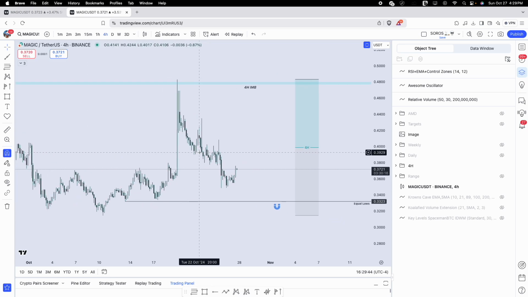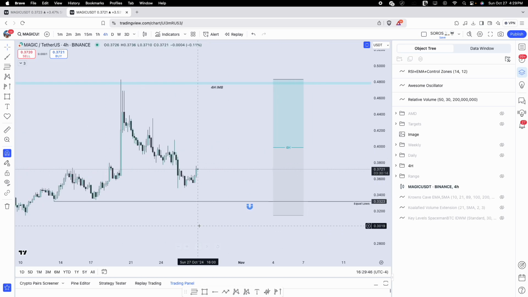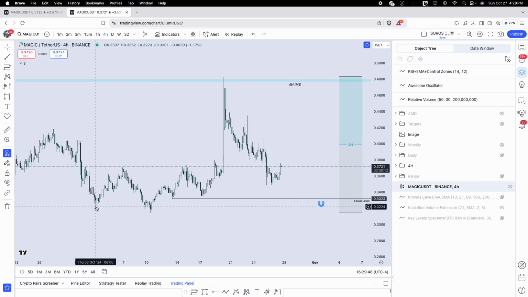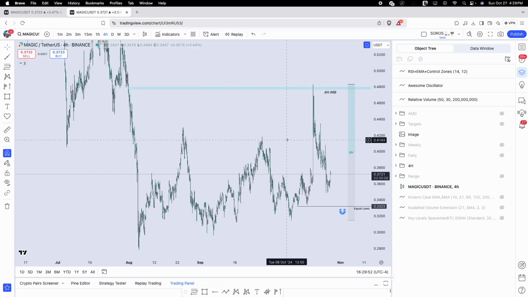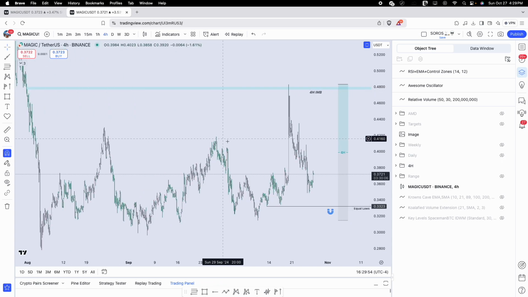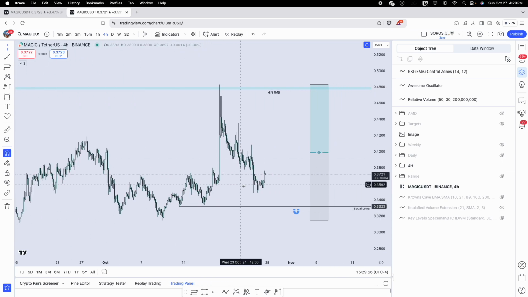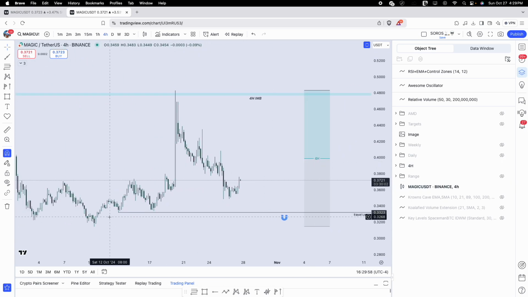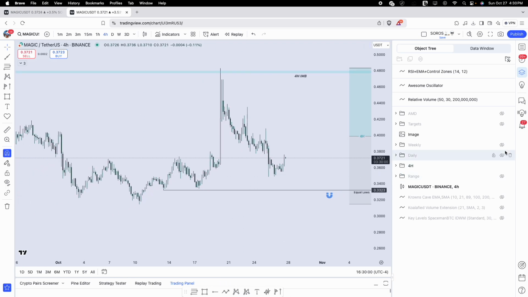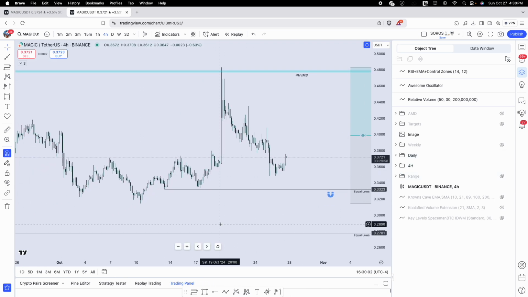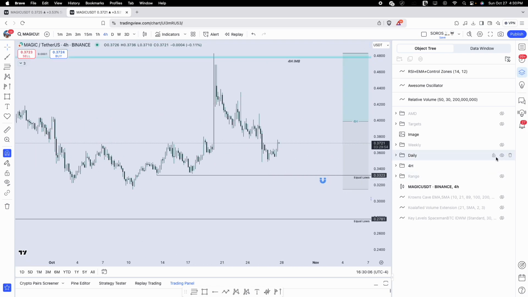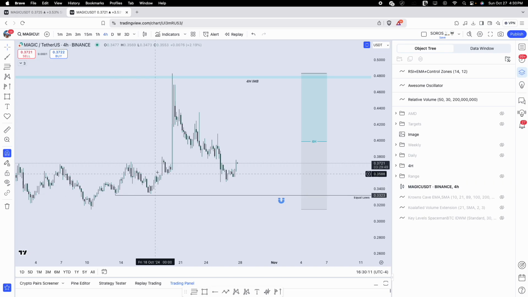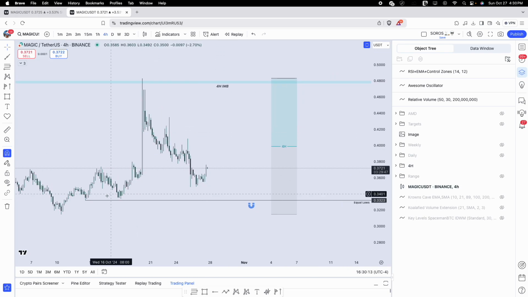So we have a different dealing range in the 4 hour. We have basically from the low here that took out that low, and the high here that took out these highs and rebalanced here. So this is going to be our 4 hour dealing range. Within that, again, you have equal lows. They're not the same like the daily equal lows, which are going to be lower, but it's more or less the same idea that I'm watching. So within that dealing range,